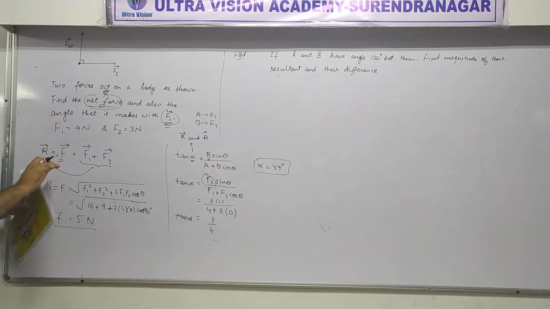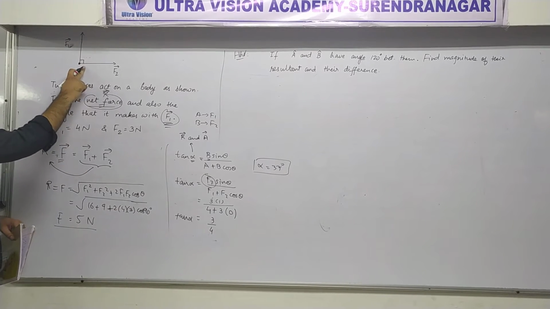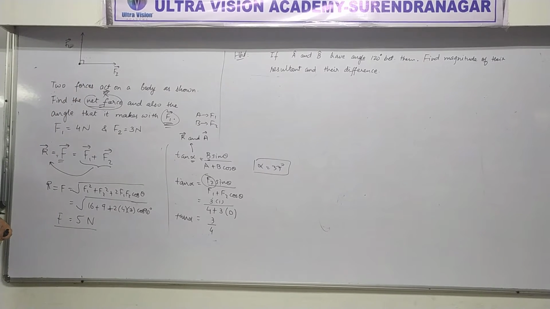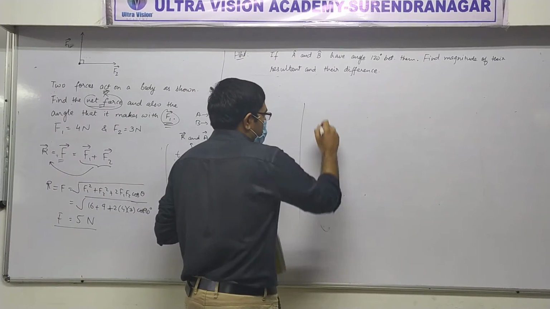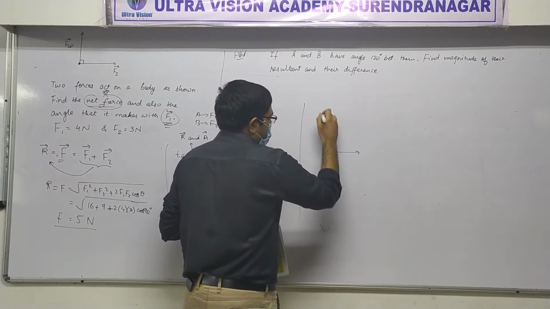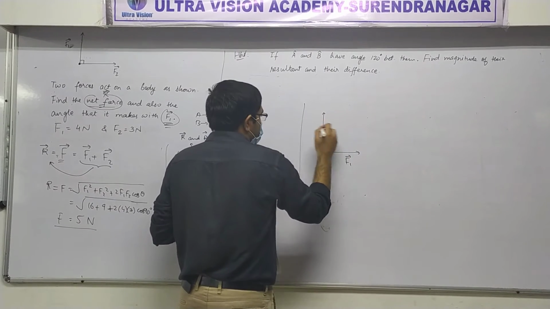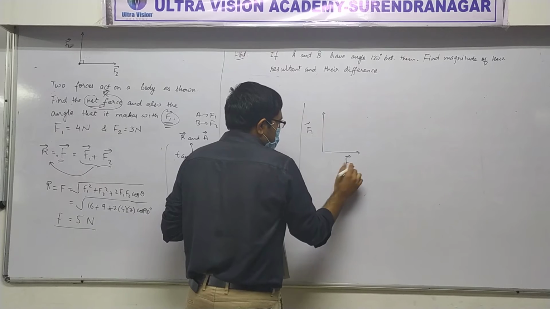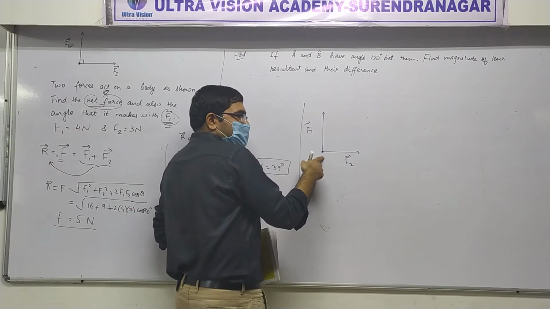Why is it too much? I'll tell you. Because this is one of the nice cases. Nice cases, that is, this angle is the right angle. You understand what I'm saying? If it is a right angle, you can always do it by Pythagoras theorem. Why can we do it by Pythagoras theorem? Well, it's because of this. Suppose this is F1 and F, they are joined by their tail.